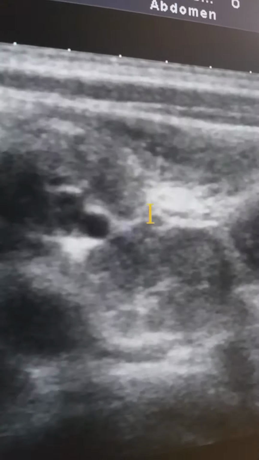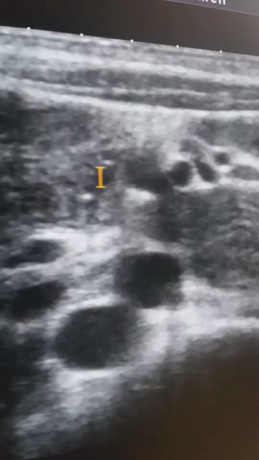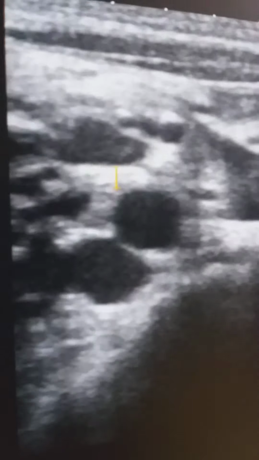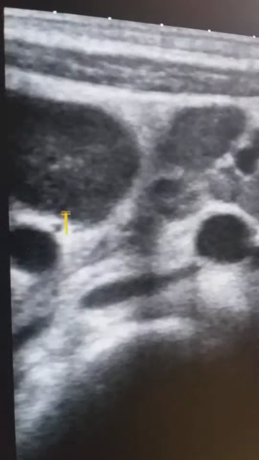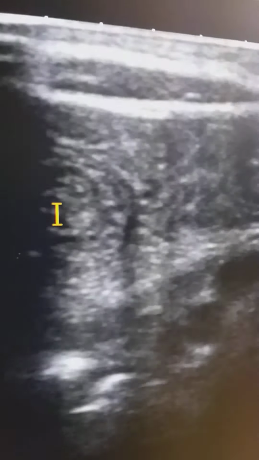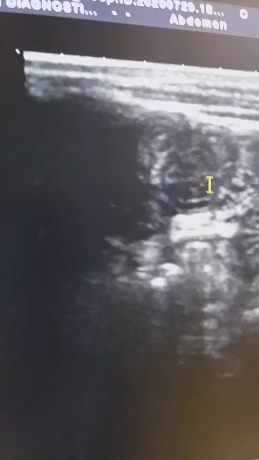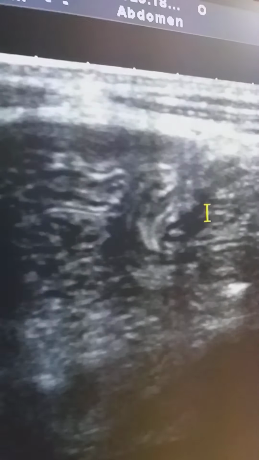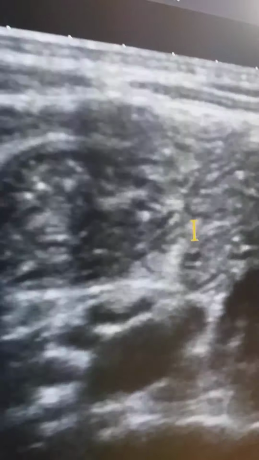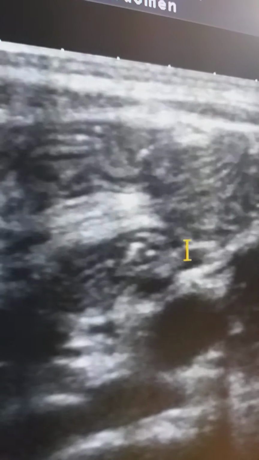And the diseased portion is involving the right mesenteric lymph nodes and the right-sided gut loops. If we go to the left side, you can appreciate that the left-sided gut loop is normal looking